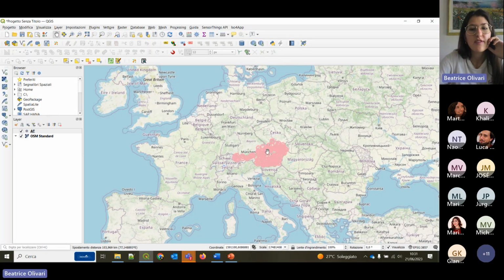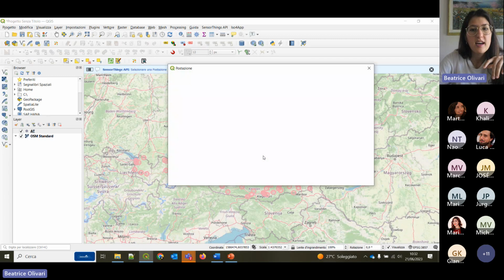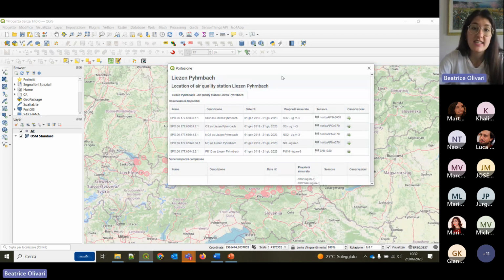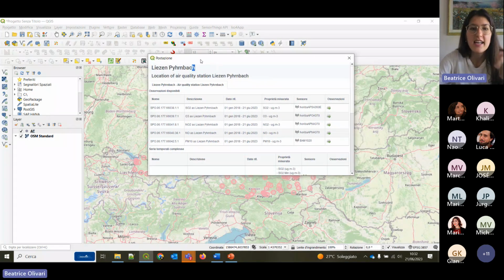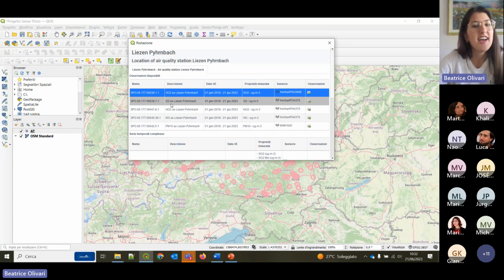Okay, these are all the locations in Austria, and we can, for instance, click on one of them, and this connects to the data at the endpoint. And we can see that we have information on the different polluting substances. So we have NO2 and so on.